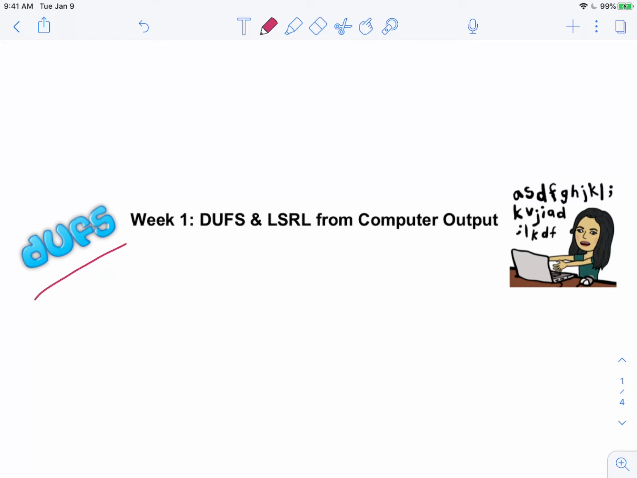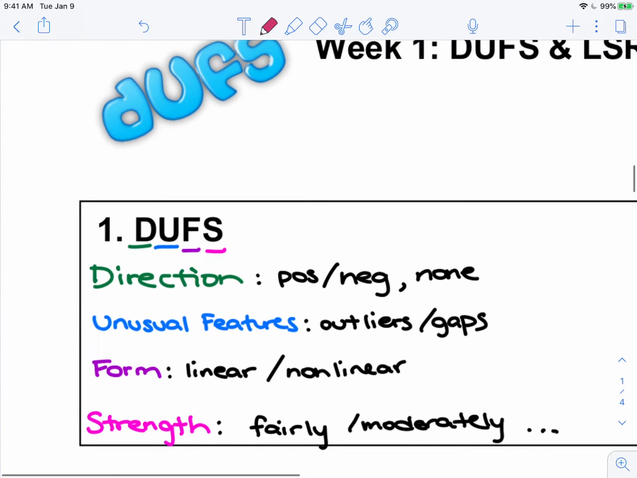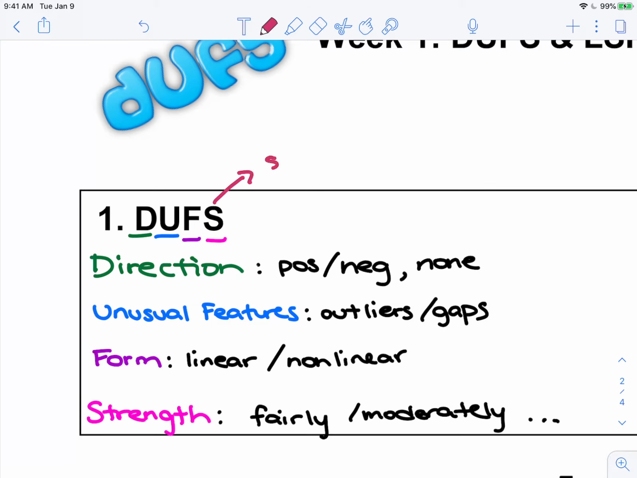So, DUFS, what does that stand for? Why do we use it? Let's talk about that. We use DUFS anytime we are given a scatter plot. So, if we need to describe a scatter plot, use DUFS. From the last video, if they're asking you to describe a distribution, that's SOX. Describing one distribution is one variable, but when we talk about scatter plots, that's two variables, the x and